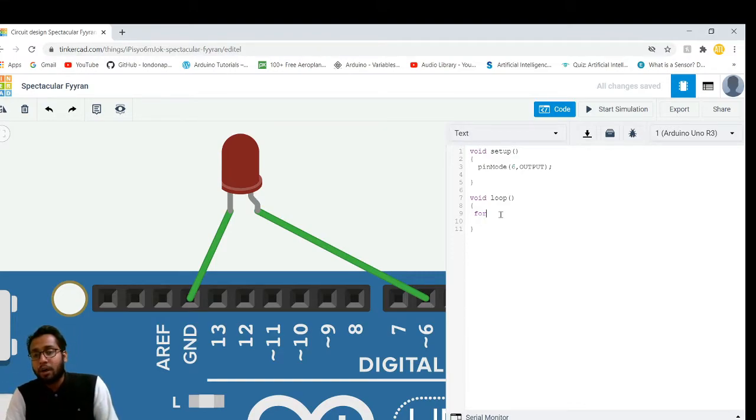Right now I want to make my LED glow from 0 to 255 with a small delay. How to do that? I will be using a for loop. If I don't use a for loop, I would have to do a lot of coding, like analogWrite(6, 0), then a delay of 10 milliseconds,